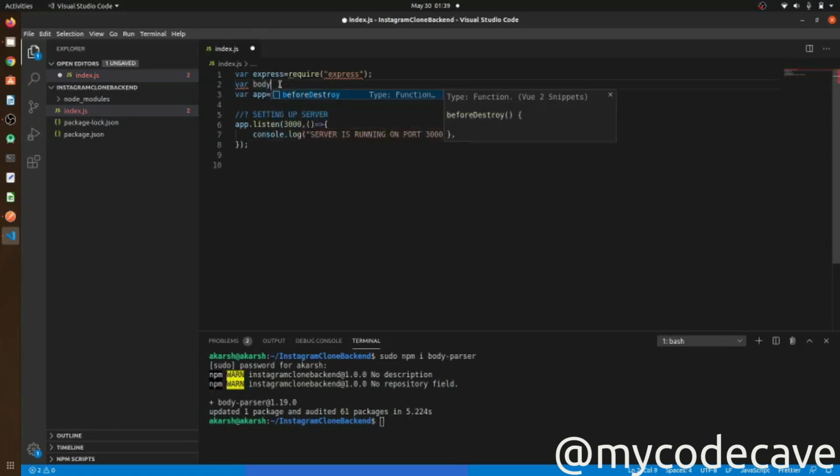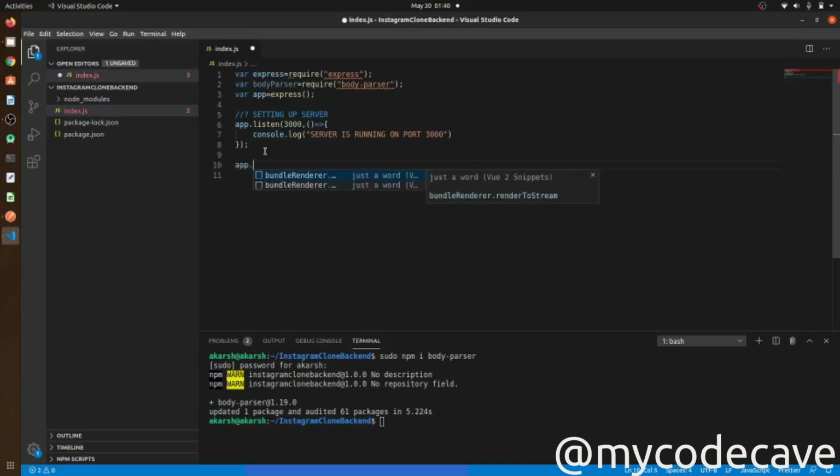Now I will use body parser. bodyParser is equal to require body-parser. After that, our app will use this body parser in order to extract data from any of our post methods, so this will always be used.